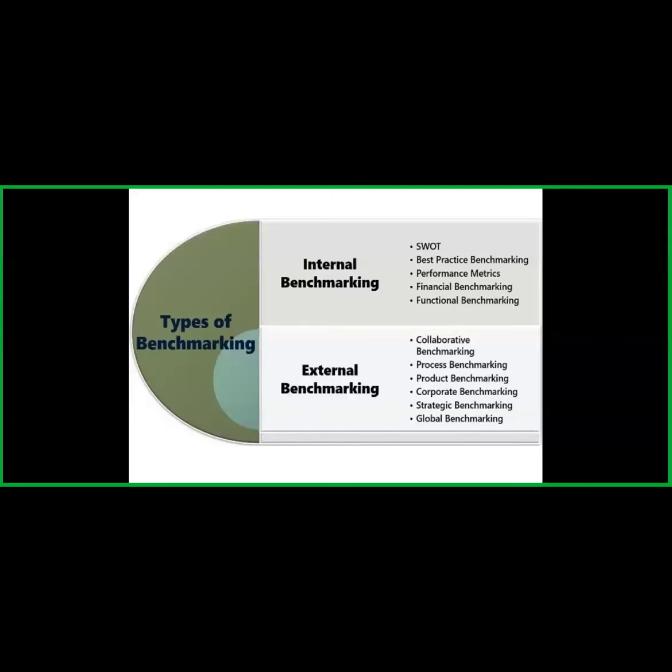This helps the organization to understand the strategies used by the company while comparing the performance of various departments, how the HR department is performing, how the finance department is performing, how